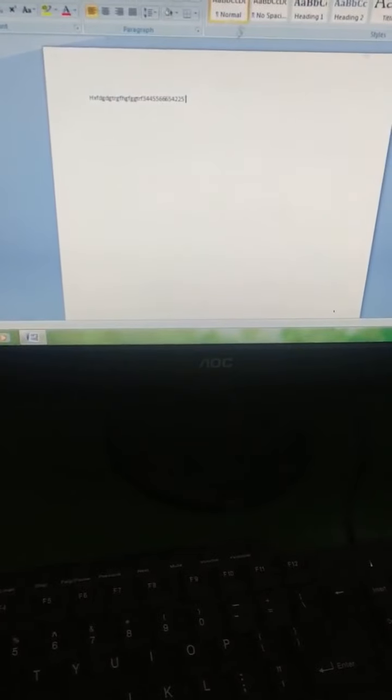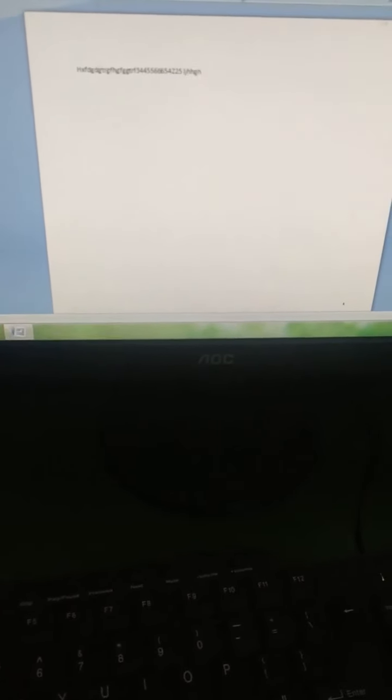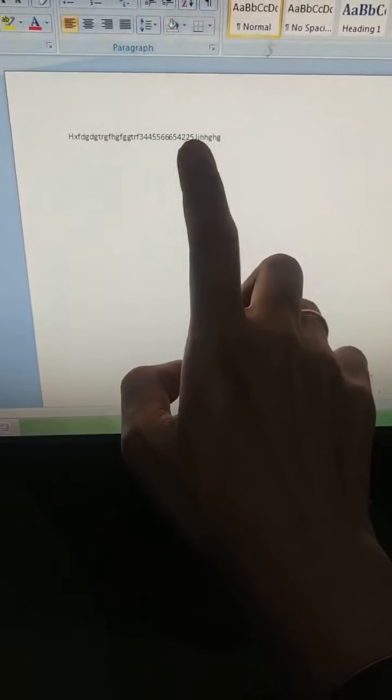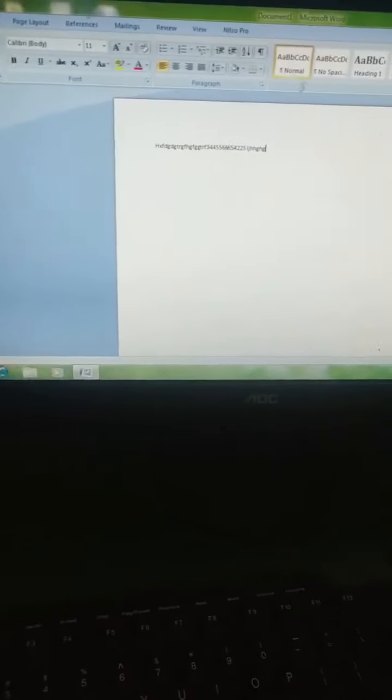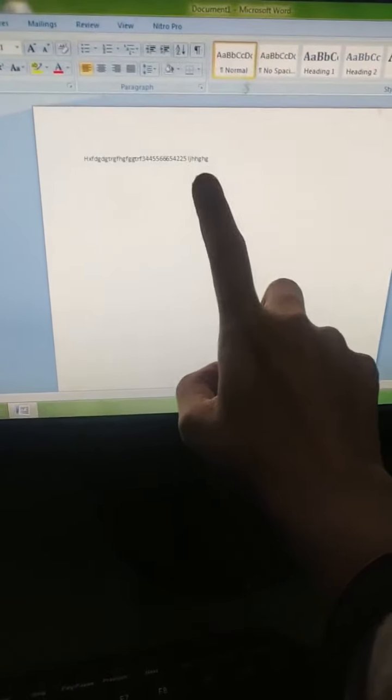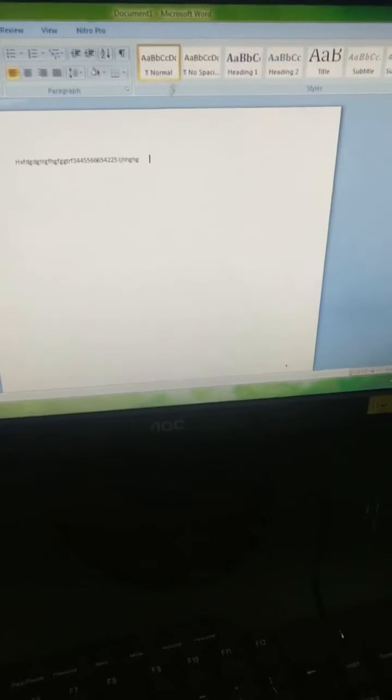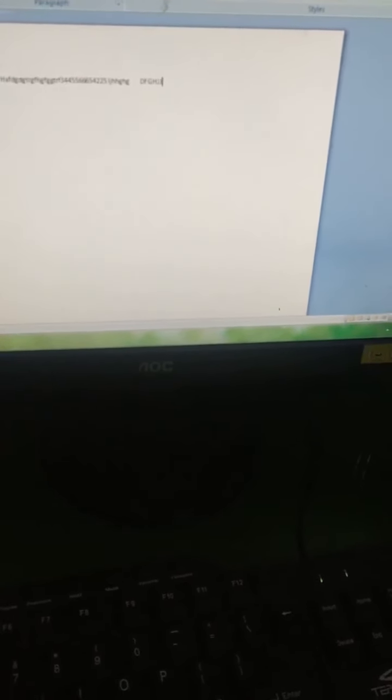Next, if you want to give a space in between, you press the space bar one time, so a space is given. There will be a space in between this sentence and this sentence. And if you use the tab, there will be more space than the space bar. Look, I'm using tab, a bigger space came in between the sentences. Is it clear? Now if you use caps lock, I will turn on this caps lock and then type. Look, all the characters are in capital letters. So these are the functions of the keys that we use on the keyboard.